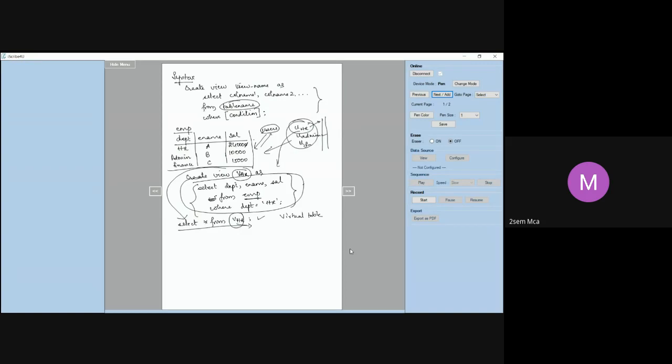Any doubts, anyone? So far, any questions? Can we update a view? Sorry? Once we create a view, ma'am, is it possible? I'll come to that. I'm still in the very initial stage. Till this point, any doubts, anyone? No, ma'am. Okay. Right. So if there are no questions, I'll proceed.